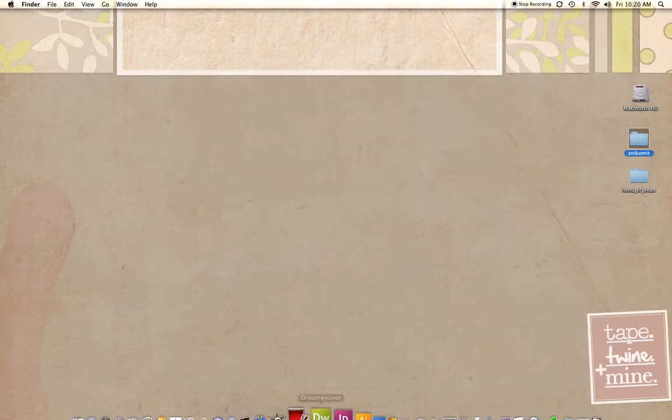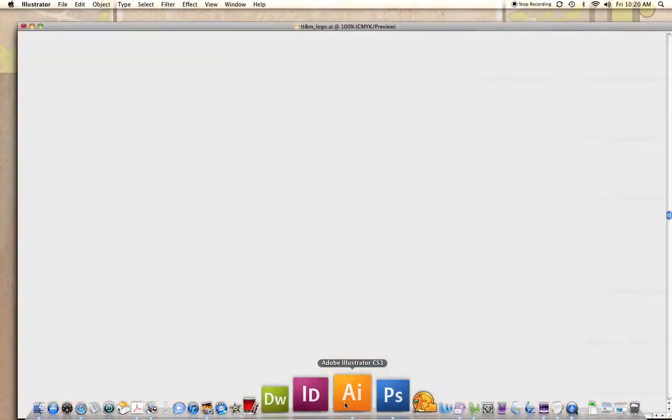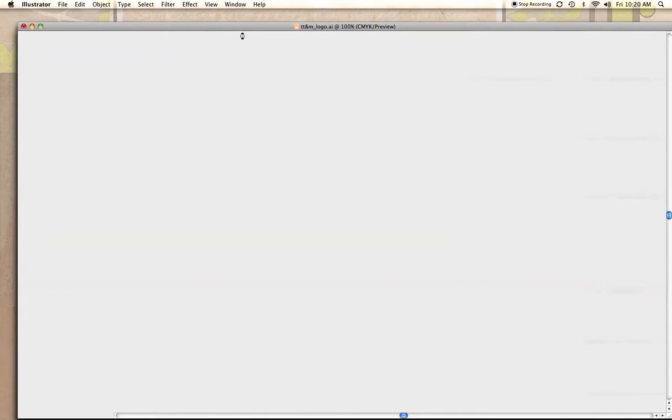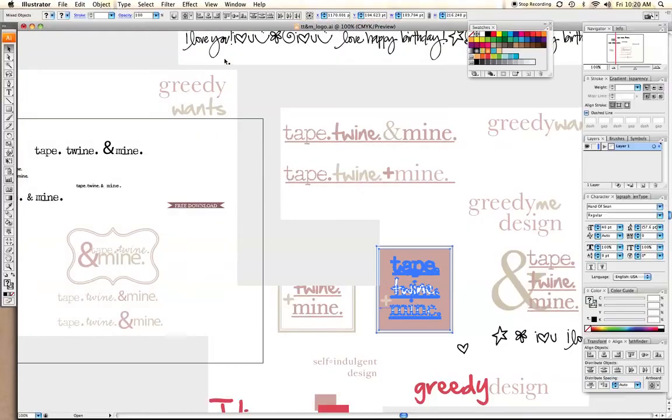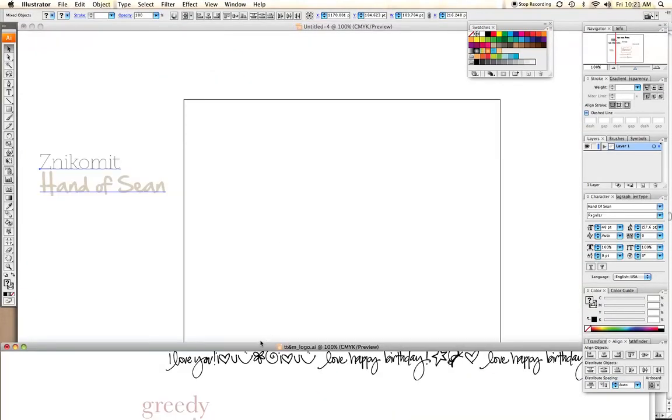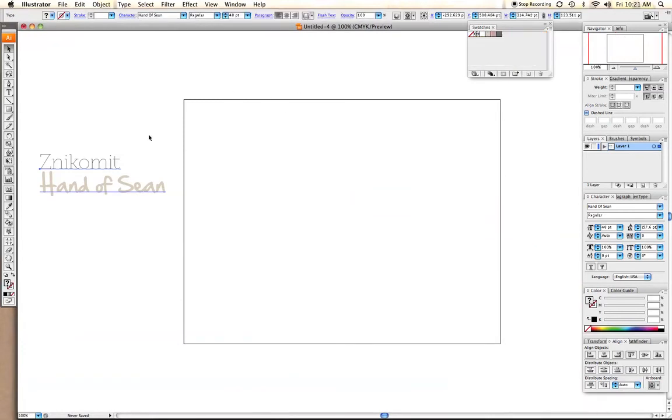Okay. Now I'm going to jump into Illustrator. I think I have something open here already, so we'll just make sure we close that out. And again, I like to just have a sample of what I'm using here. Now, I'm going to start with my text tool, and I'm going to type out the names that I want to do for this monogram, which is Julia. And we're going to do a plus sign,